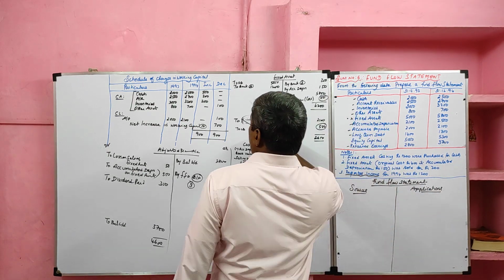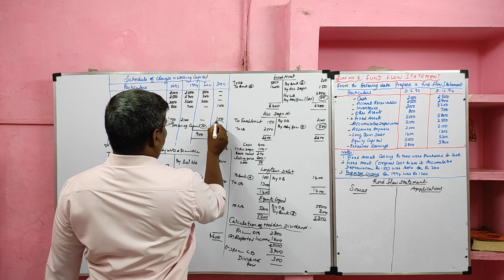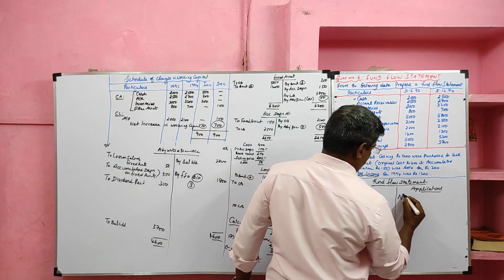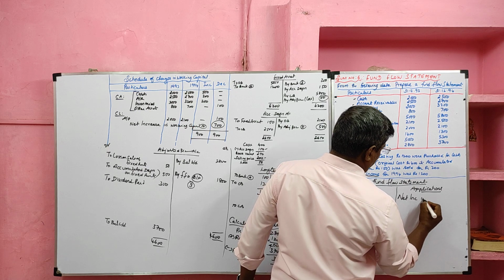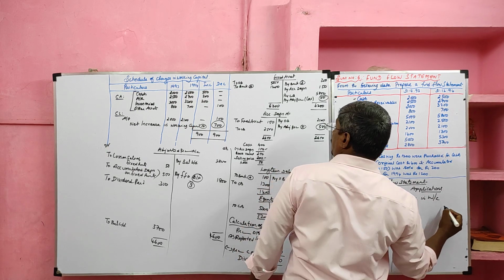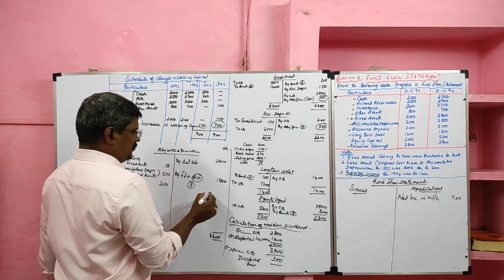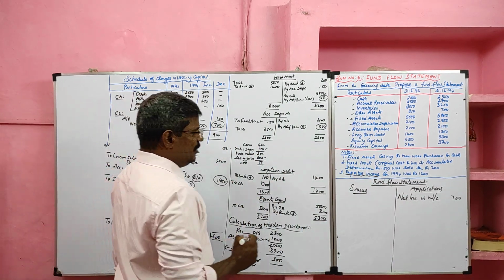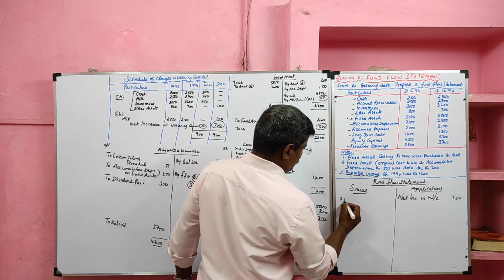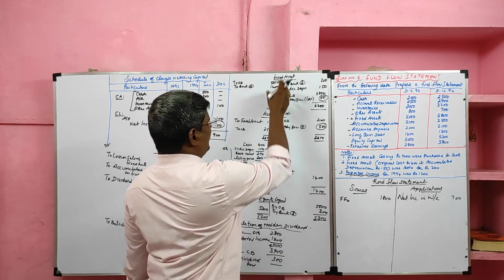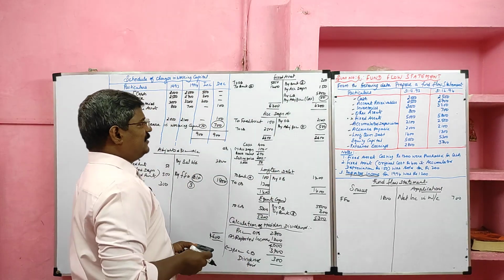First we prepared schedule of changes in working capital. We ascertained net increase in working capital. It will go to the application side. Net increase in working capital 700. Then we prepared adjusted profit loss account. We ascertained fund from operation. Funds from operation is a source. Value 1800. Then we will consider ledger accounts for the fund flow statement.